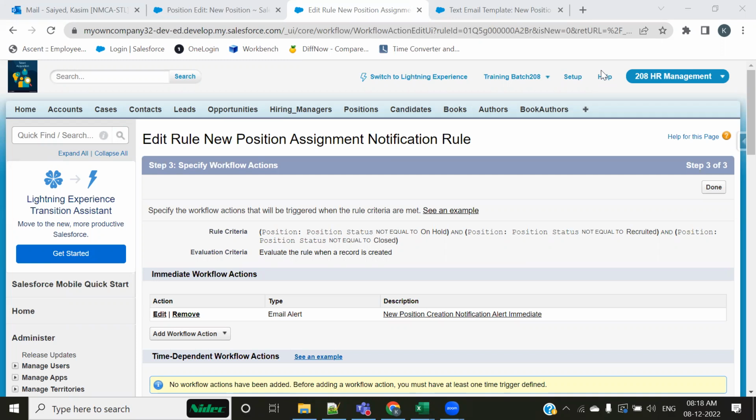Second, if you speak something in a meeting, for example, if we have a terminology called CAB meeting, change advisory board bolte hain usko. So this